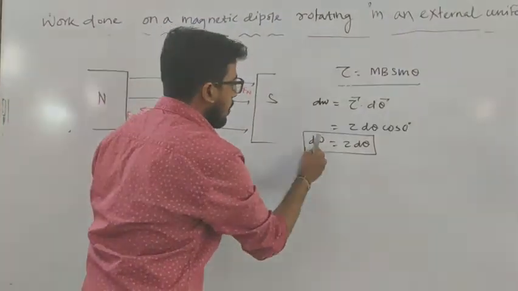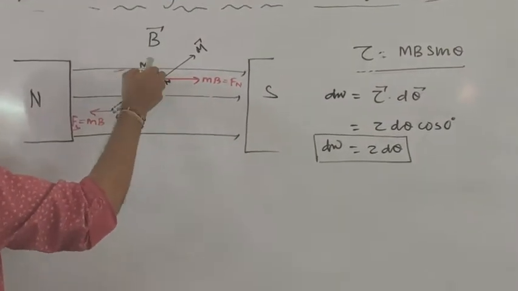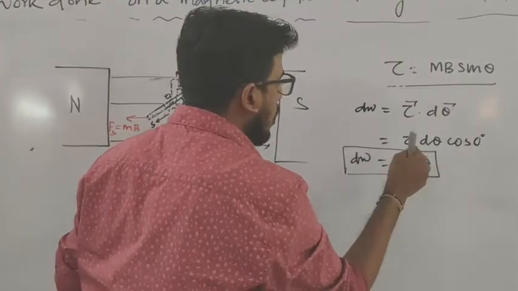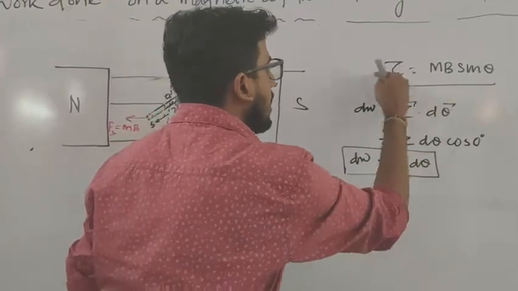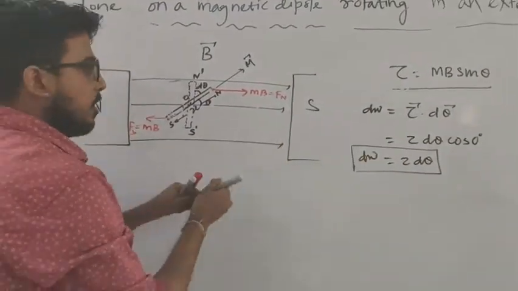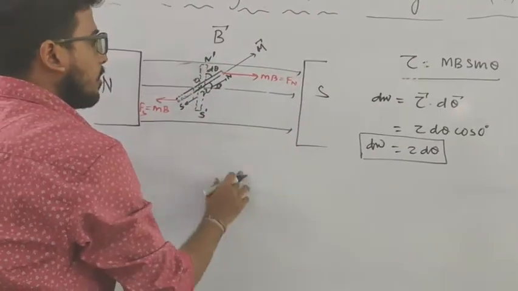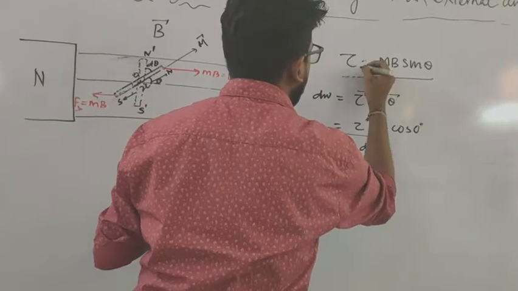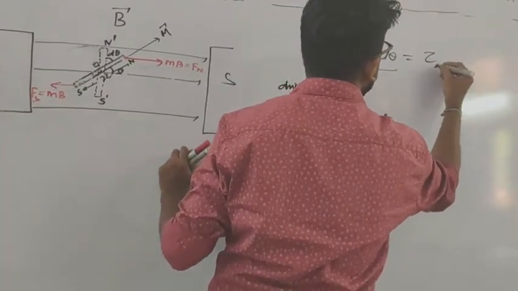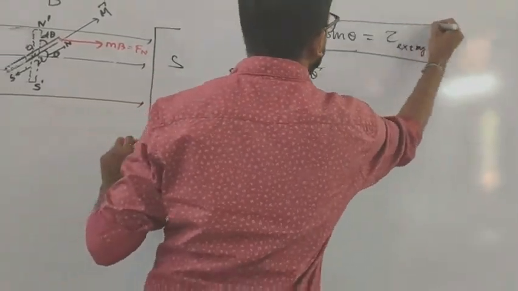Okay, so this will be the amount of work done by the external agent to rotate the dipole from this position to this position by a displacement d theta, and the value of the external torque by the agent will be the same as that of the torque due to the external magnetic field but in opposite direction. So here is the value of work done due to a small displacement d theta. Both have the same magnitude but in opposite direction.